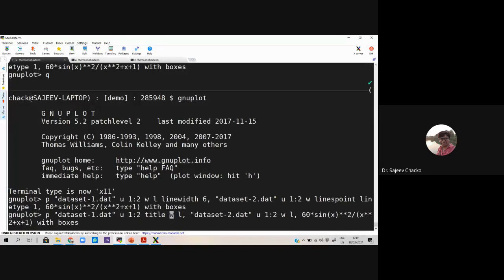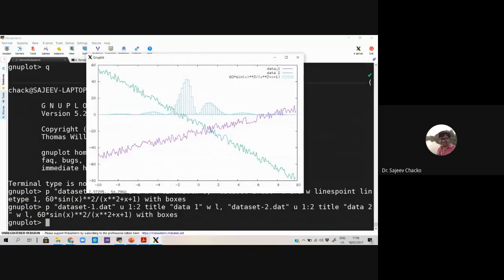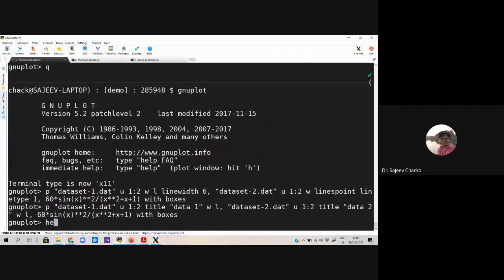After title comes data 1 in double quote, then Data 2. Now this has changed to data 1 and data 2. So this can be changed the way you want, and there is help on key.